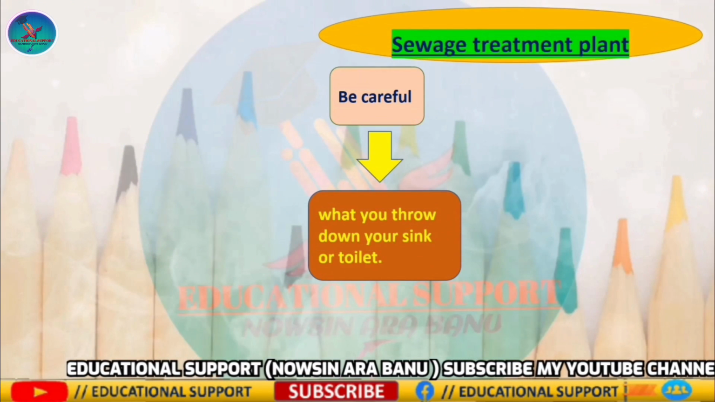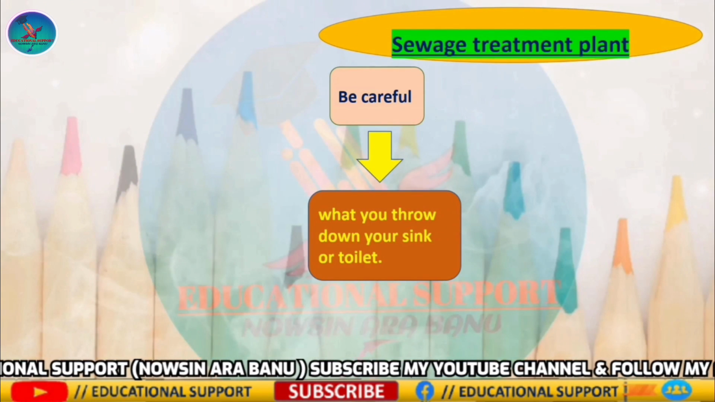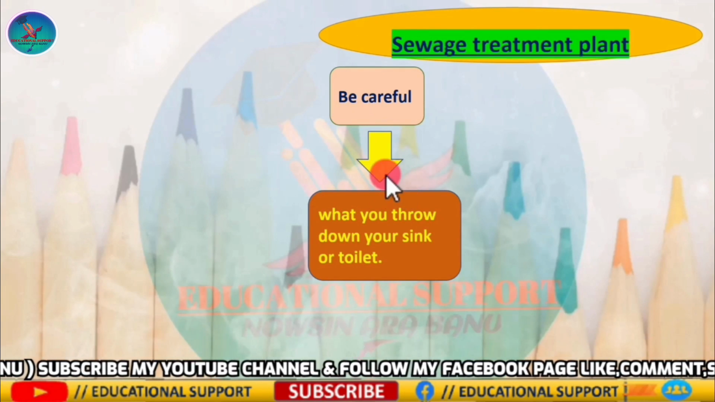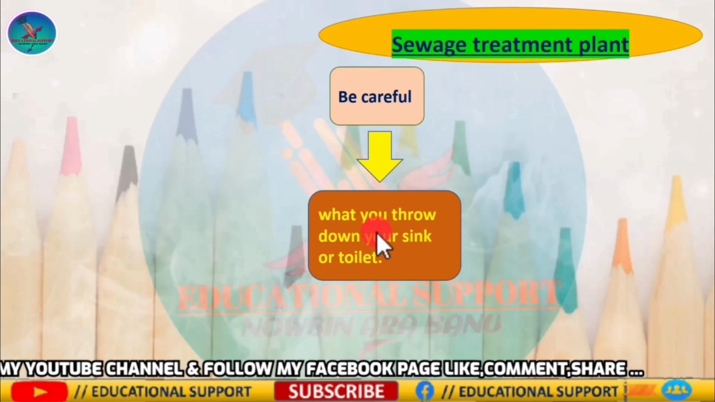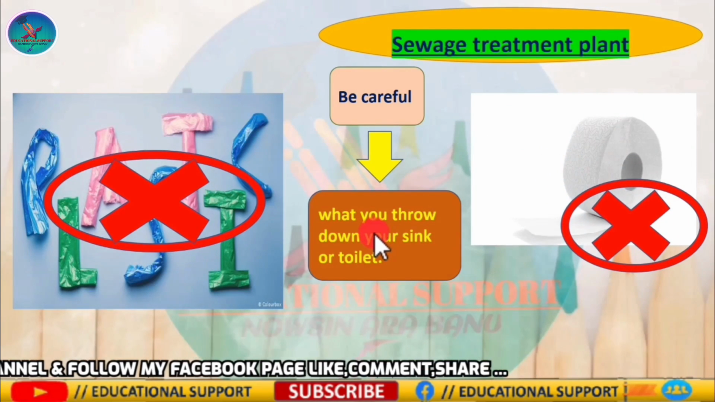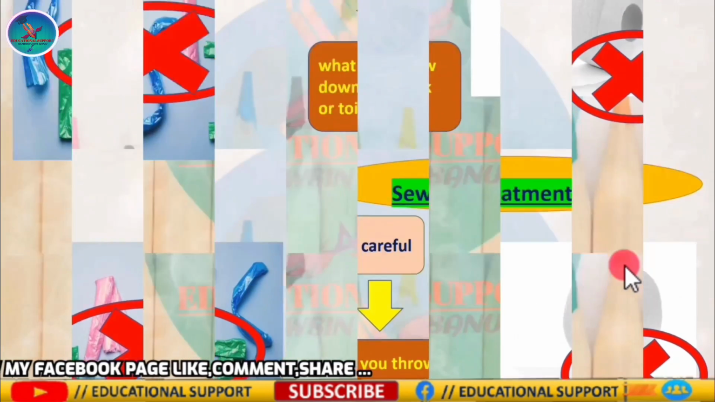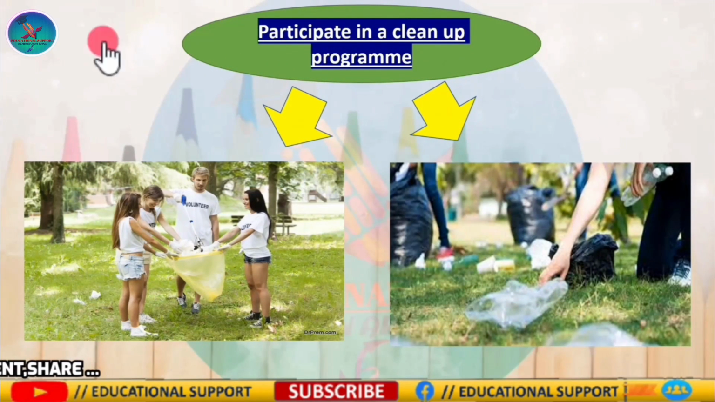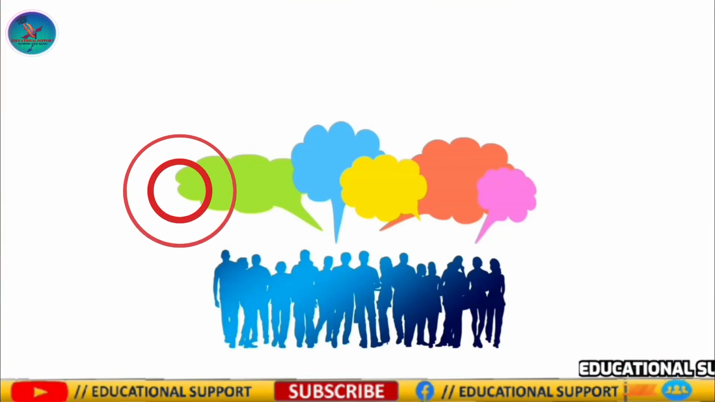Number 7 is sewage treatment plant. So be careful about what you throw down your sink or toilet. Number 8 is participate in a cleanup program. Number 9 is